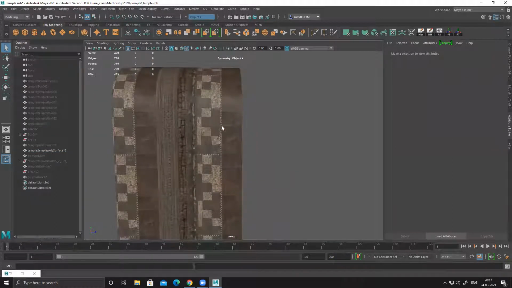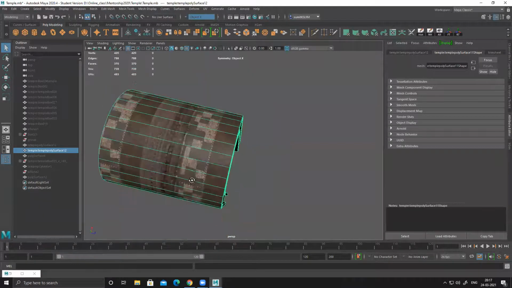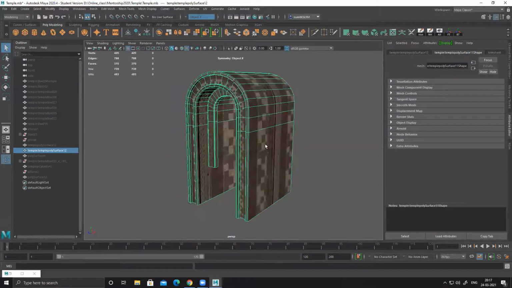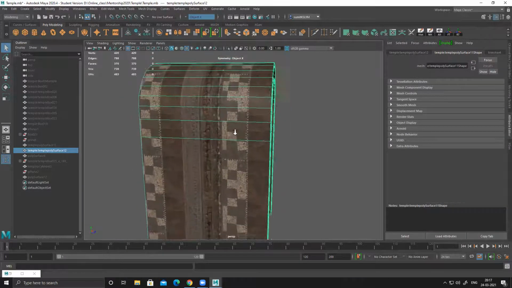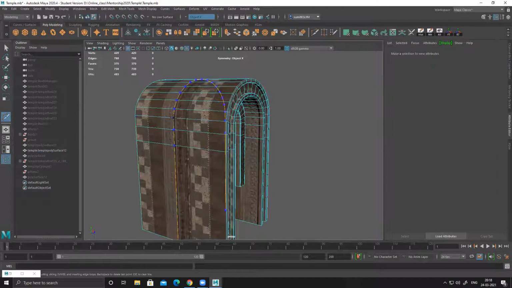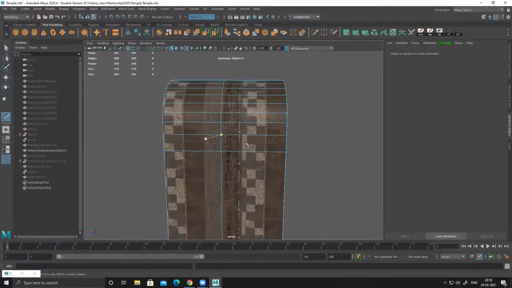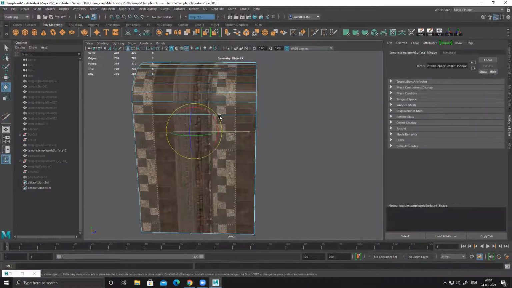But whenever you have this kind of bigger surface, you cannot do it, right? Because there's a limitation for the texture. If you tile it, it will repeat, and that doesn't look very nice. So in this case, what we do is apply a cut, maybe one cut. Let's do it uniformly.